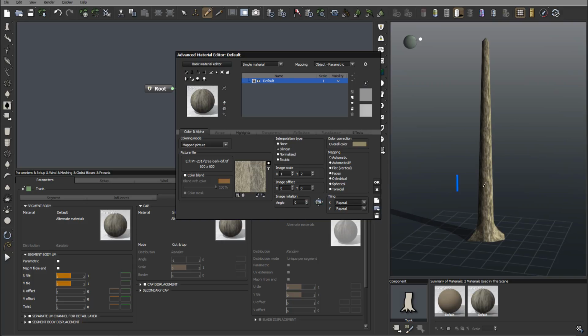Rotation of the image: if you want to apply your image scale left, right, if you have a single image, for example, just on a side, as we will create some spray, you will see, we can use the image rotation and just place one image maybe right here on a side of the tree, some areas. And of course, the tiling currently is set to repeat. If we set just once,